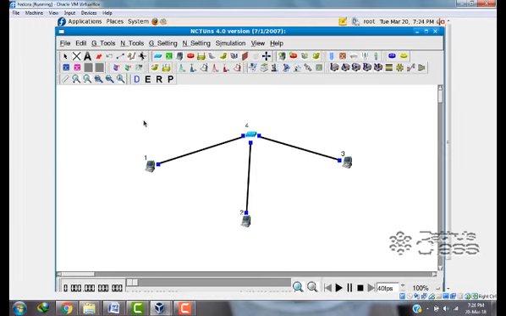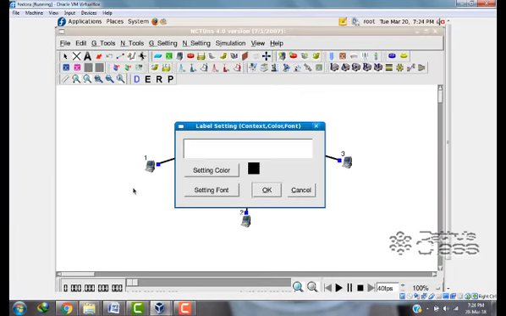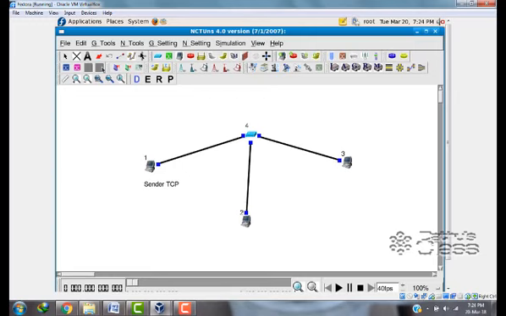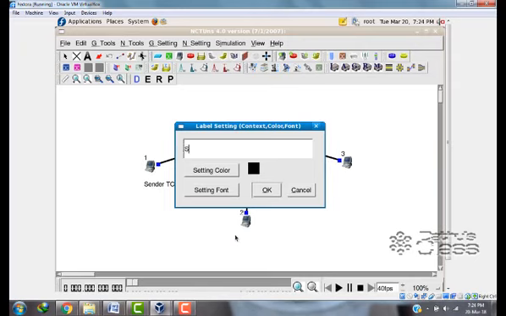So the first one is the sender, so I will make an annotation of it: sender, and it uses TCP protocol, so sender TCP. And this one we shall make as the sender sending UDP agent, sender UDP.